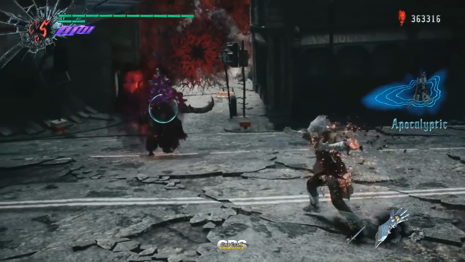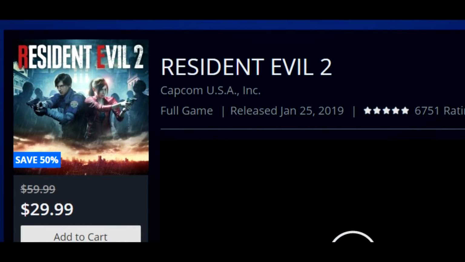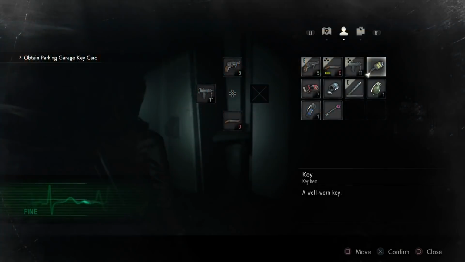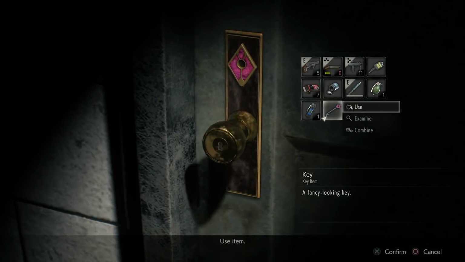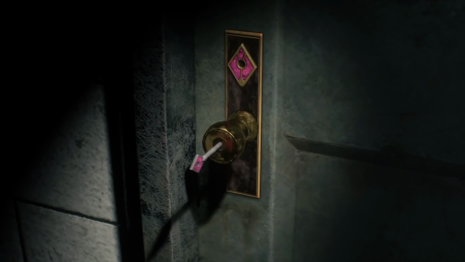Let's mention another Capcom game. Resident Evil 2 is 50% off for $30. As I mentioned, Capcom has been knocking it out of the park with all of the games they put out, and Resident Evil 2 was no exception. It is a phenomenal game, a ground-up remake of Resident Evil 2, a game that originally released on the PlayStation 1, and that is a very old game. It had a great reception back then, but obviously a PS1 game versus a PS4 game, it's gonna be night and day,